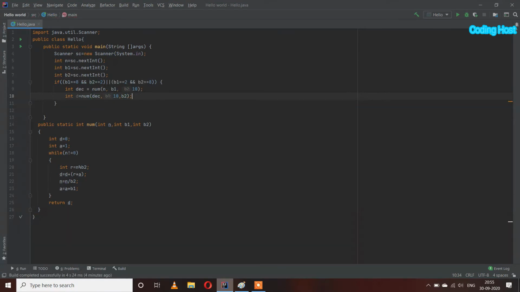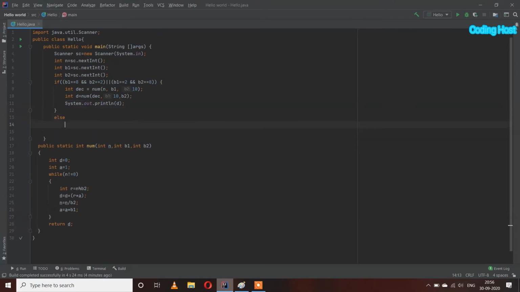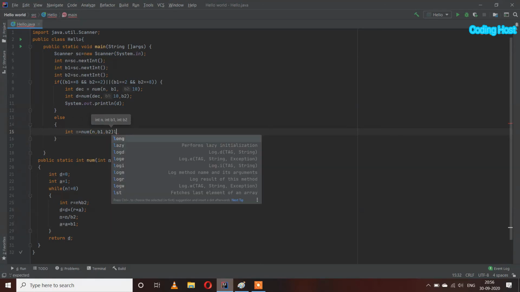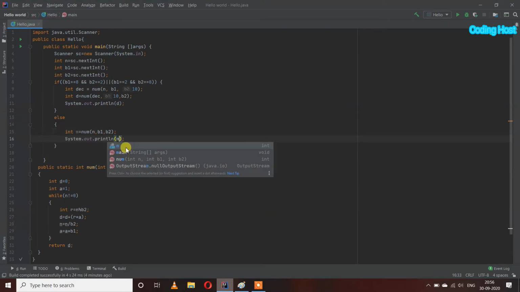After that we will print our d variable. In the else part I will write int m equal to num, and in this I will pass n, b1 and b2, and after that we will print our m variable.